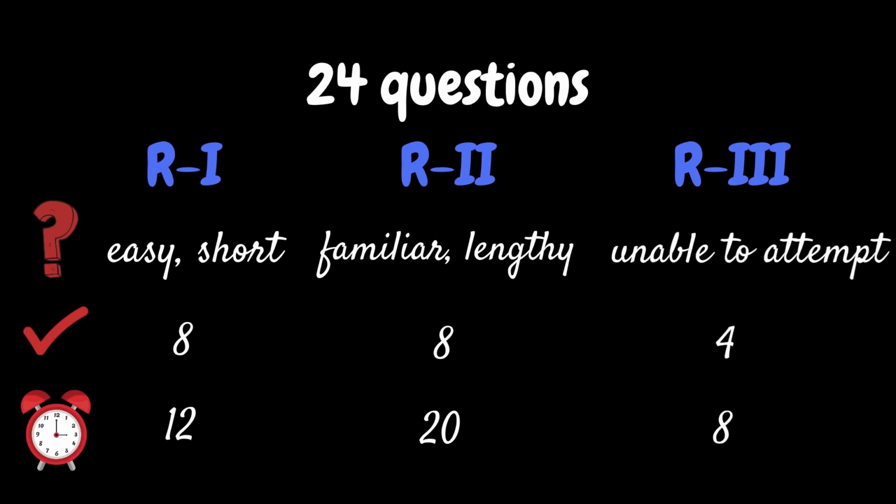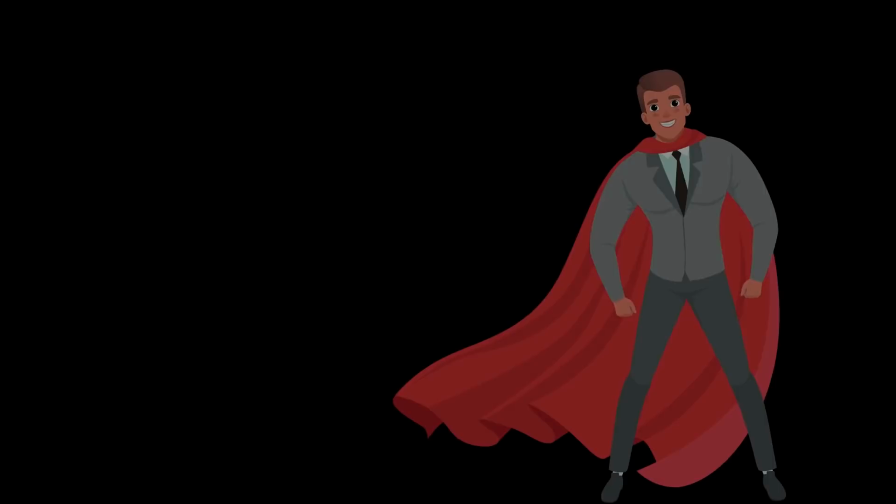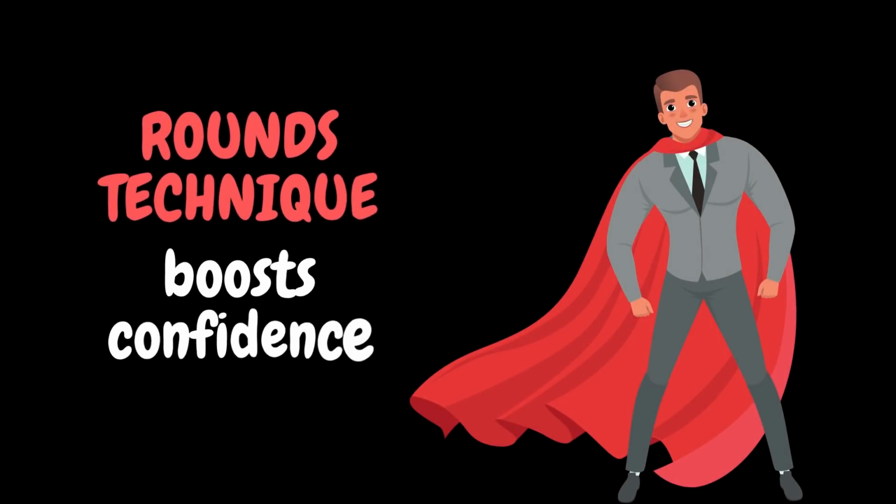Now 20 is a great attempt in the QA section. That means 80% attempt. And if you are able to attempt these many questions, and let's say that you also maintain a good accuracy level based on a lot of practice, then you are certainly going to achieve a very good score in the QA section. But this rounds technique would at least help you solve this particular problem of not being able to attempt the right questions.